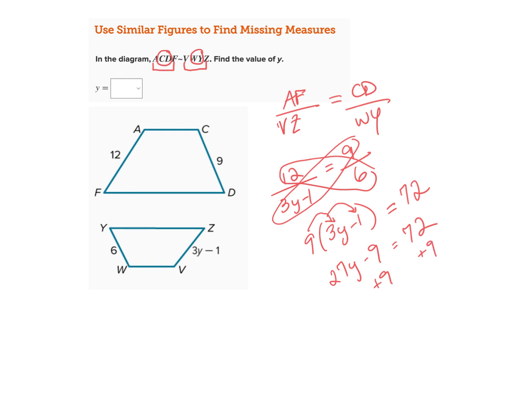Add 9 to both sides. So I have 27y equals 81, if I did my mental math correctly. 72 plus 9 is 81. And when I divide by 27, I get y equals